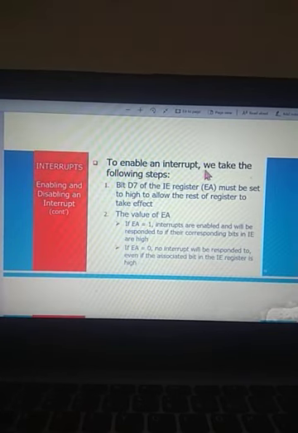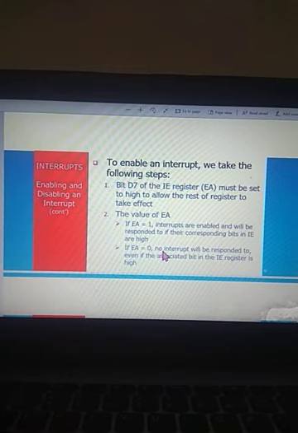To enable an interrupt, we take the following step. Bit D7 of the IE register, EA, must be set to high to allow the rest of the register to take effect, as we have already discussed. If EA equals 1, interrupts are enabled and will be responded to if their corresponding bit in the IE register is high.